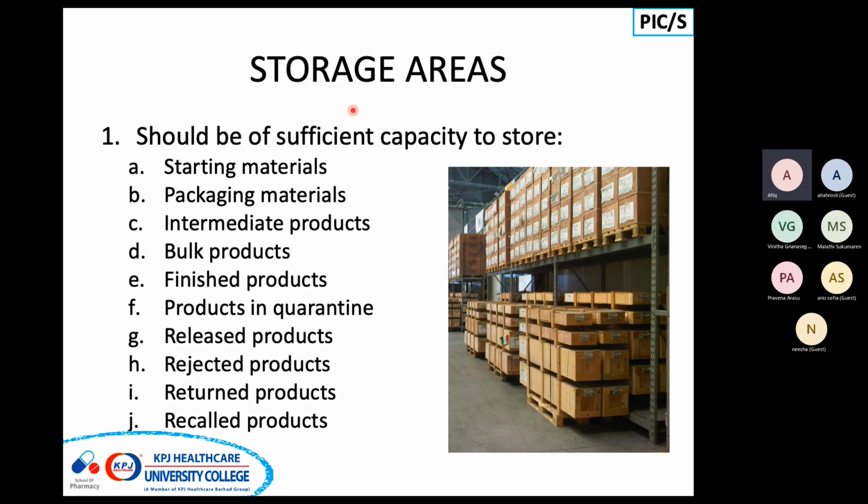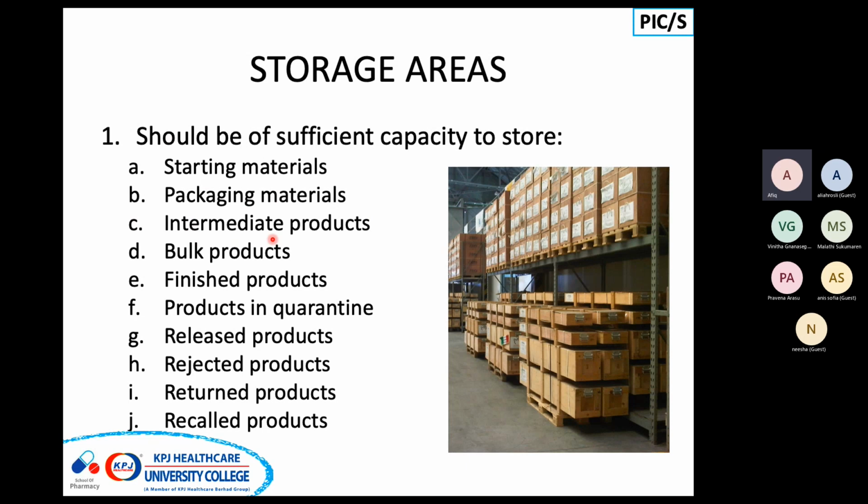For storage areas, according to PICS here, it should be of sufficient capacity to store. That means the warehouse, or I mean the storage area, has to be big enough so that you can put all of the starting material to make the actual product, and then the packaging material. Okay, it's not just making the tablet itself, but the, what do you call that? The material to pack those tablets. Okay, all the aluminum strips and so on,